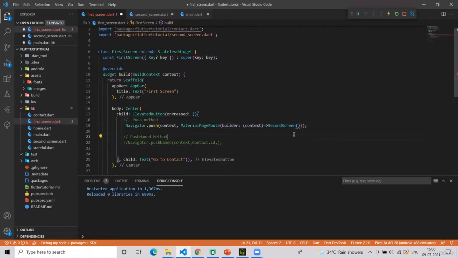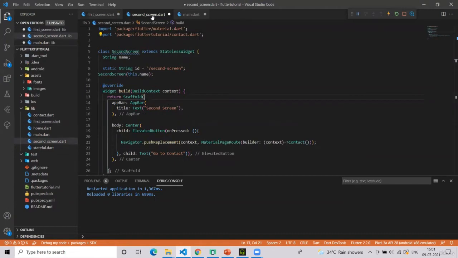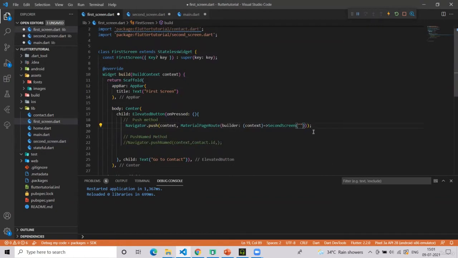And you can see in the push method, the second screen is giving some error because it is saying that there has to be some argument inserted. That is, second screen is accepting some argument. So simply I will send that, because it's a positional argument, not a named constructor, it's in the 0th position. So I will just simply say name, I will say Bill Gates.